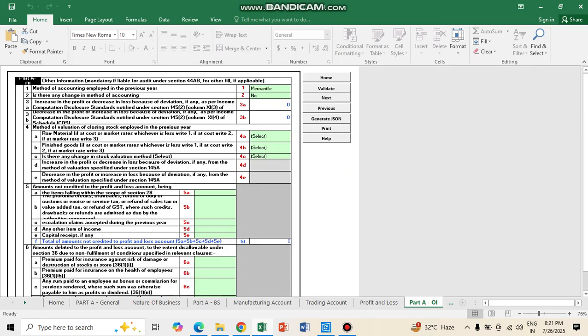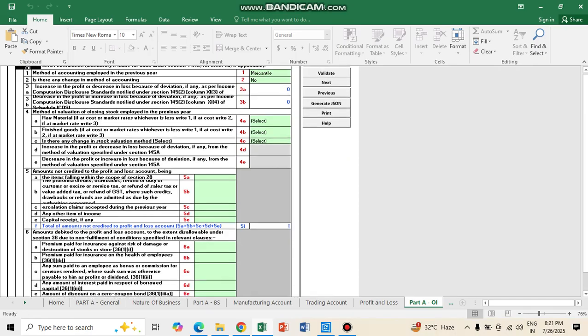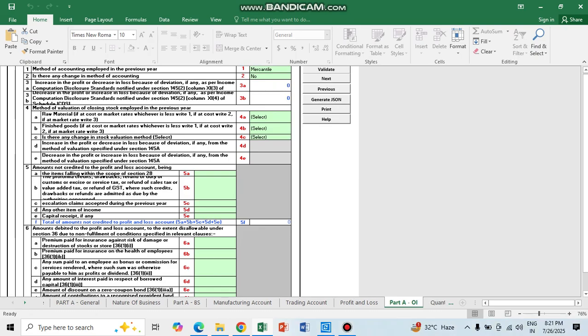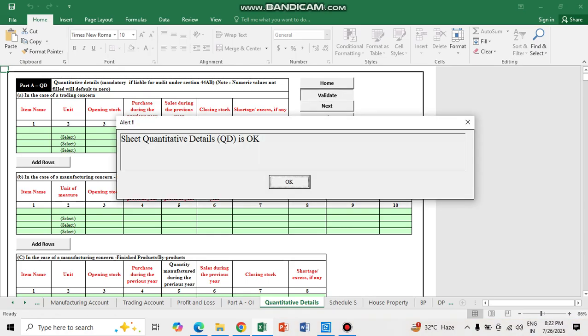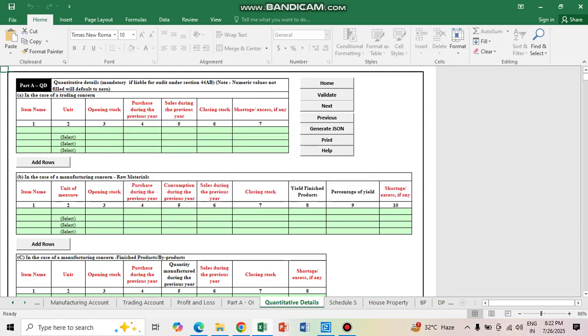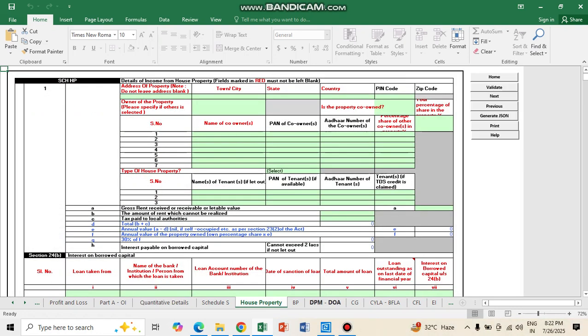Then in part A OI, you have to mention whether it is mercantile or cash basis of accounting, and then quantitative details you do not have to fill, only the details as may be required. You have to validate all the forms while filling. Then schedule income from salary and income from house property has to be mentioned. Then